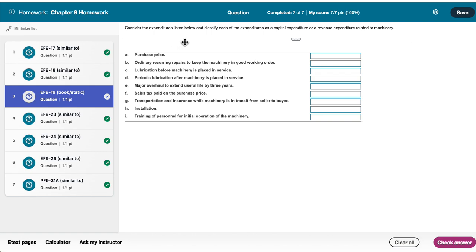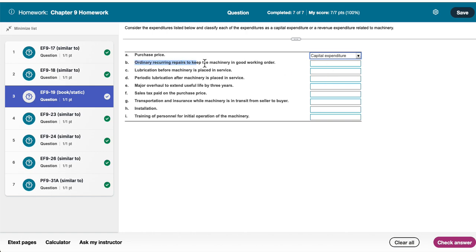Expenditures listed below: classify each of the expenditures as a capital expenditure or a revenue expenditure. The way I'm thinking about capital versus revenue is, capital is stuff that you spend money on to acquire something, versus revenue being you spend money on it to keep generating revenue. So, for example, the purchase price would be a capital expenditure because that's the price you paid to acquire a new